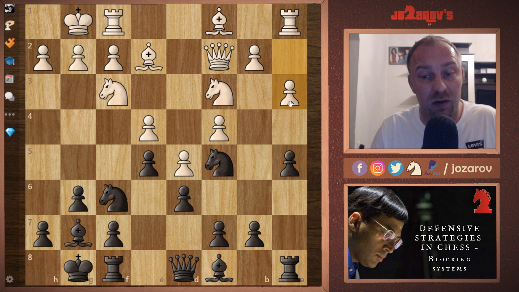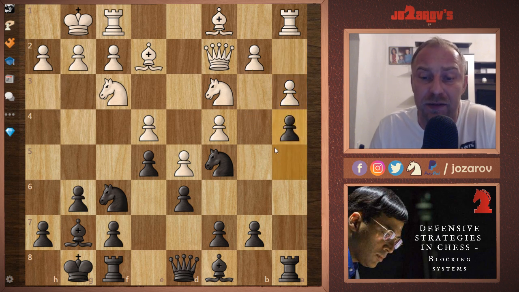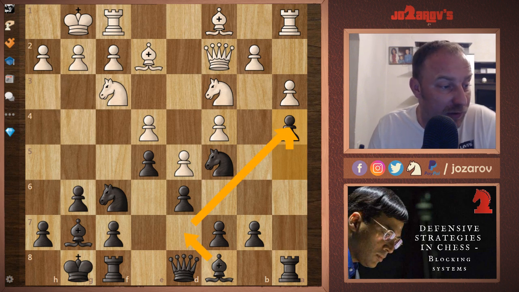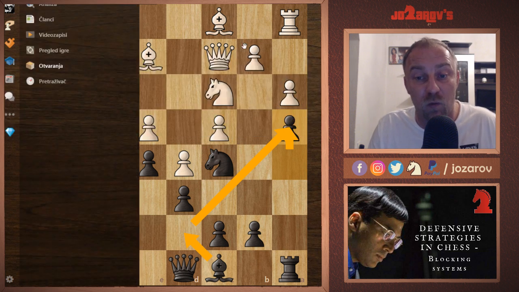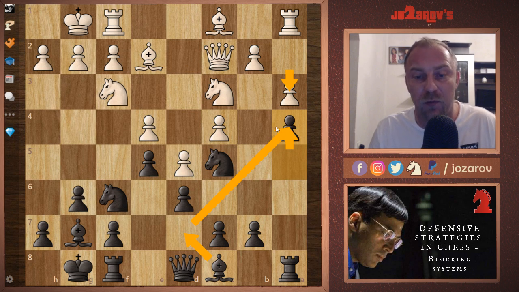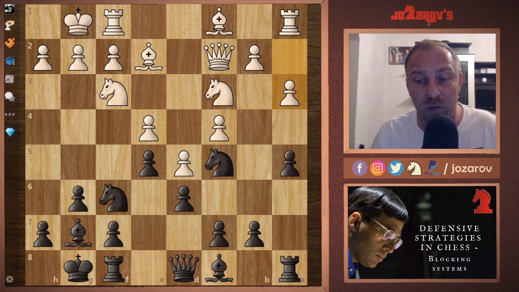If you play a3, which seems like a good idea to play the move b4 immediately, then I think again white is facing this potential pushing of pawn further with the move a4, and now bishop to d7. As I said, we're creating this blocking system. We need many pieces in order to support this pawn. If, for instance, white tries to move a3, we would immediately play the move a4, and now after a potential b4 move, we could simply take en passant. So we have stopped really this queenside attack here in the game. That's why after the move a5,